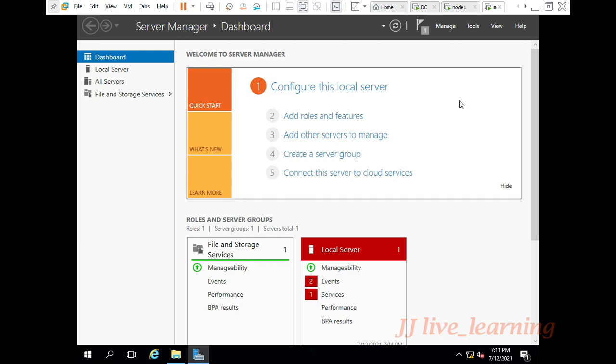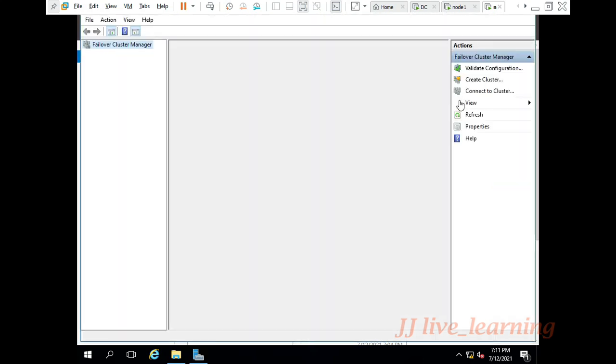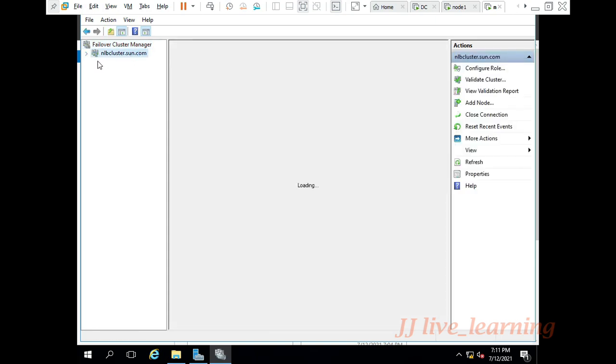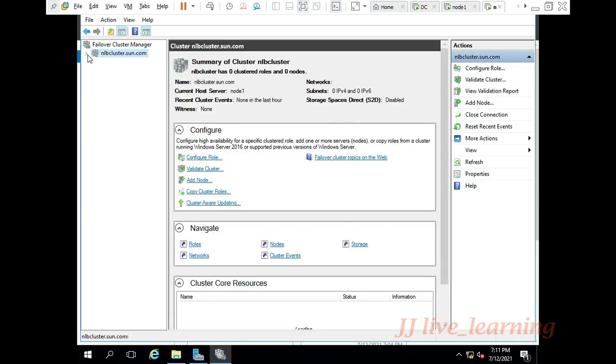Select your failover cluster manager. You can see the service NLB cluster.sun.com, which is replicated from your node 1 to node 2. Likewise, roles, nodes and everything will be present here.